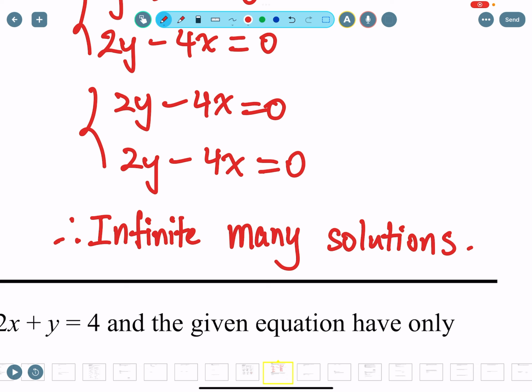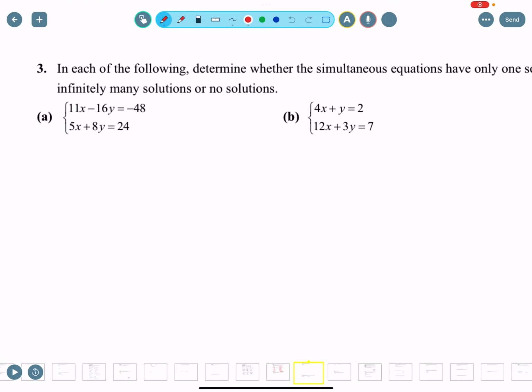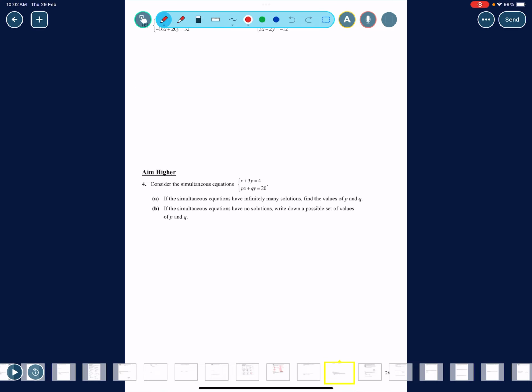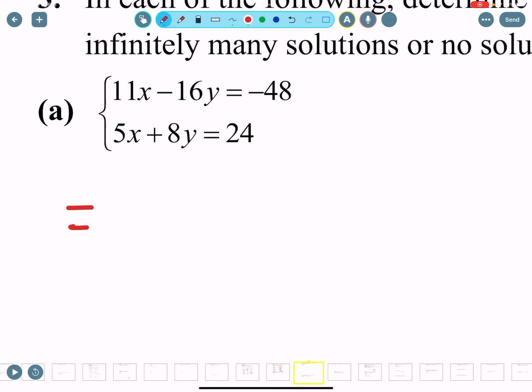Let's have more examples. Maybe it's quite confusing, right? Let's have more examples here. Let's say this one. Or, yeah, that one. Now these two, I'm gonna try to make the y the same. So I'm gonna change 8 into a 16. So I have to times 2, right? Times 2 here, times 2 here, times 2 here. So it's gonna turn into